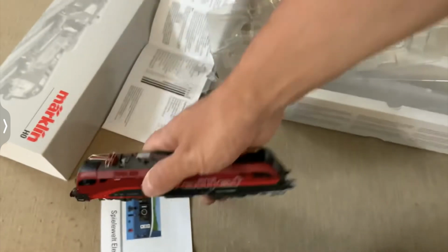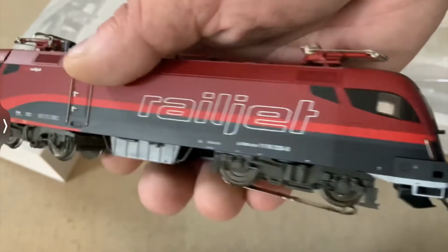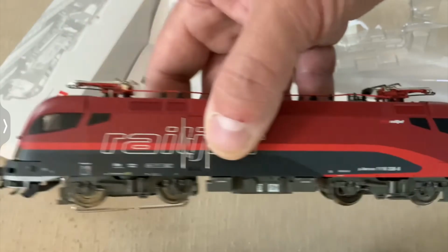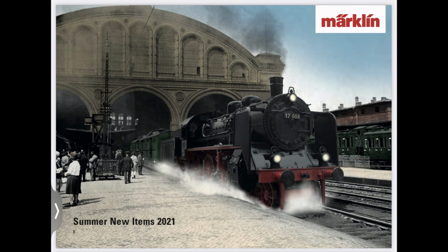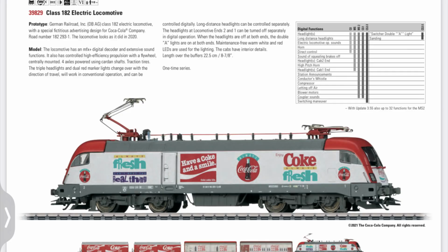Now, I don't really have to do a review of this model because I've already done one. It's effectively the same model as the Marklin Railjet that they just released. I can't tell that there are any differences for what it's worth, so I'm sure they're the same thing. And unfortunately, they have the same flaw that model does as well. This was supposed to be released in 2021, but it was delayed because of COVID. As soon as I saw it, of course, I got my order in immediately, and here's what it looks like